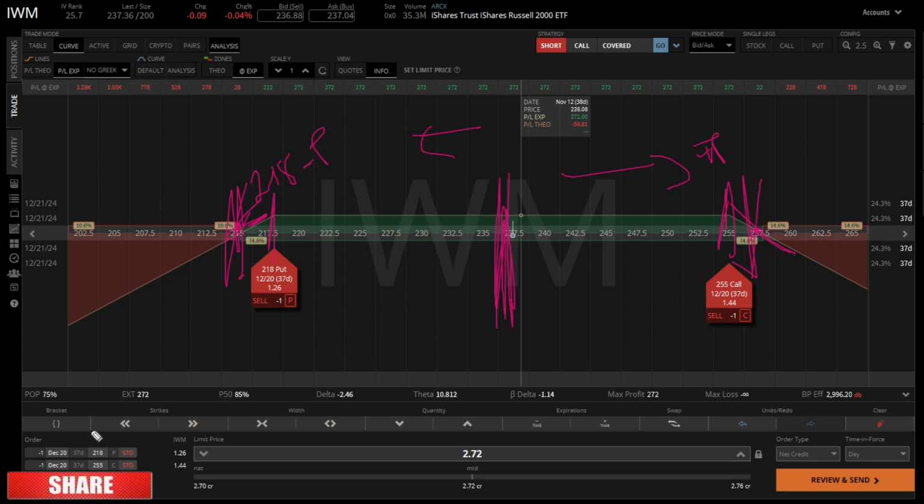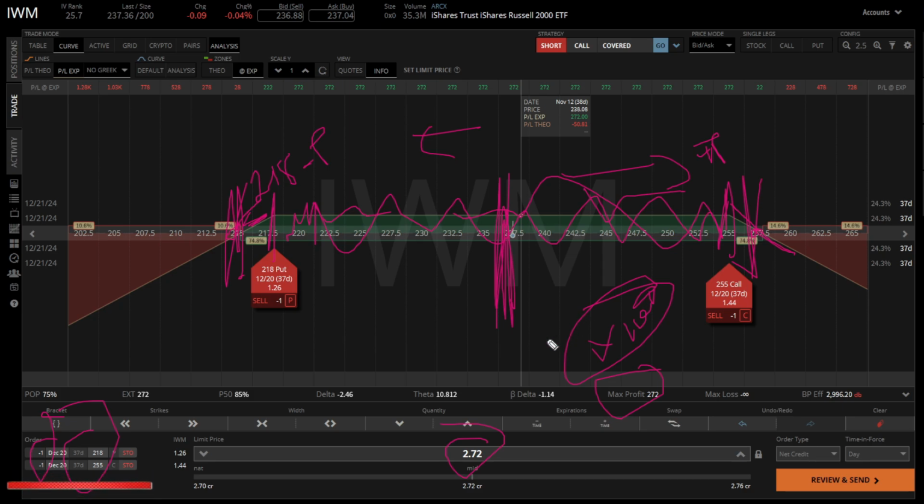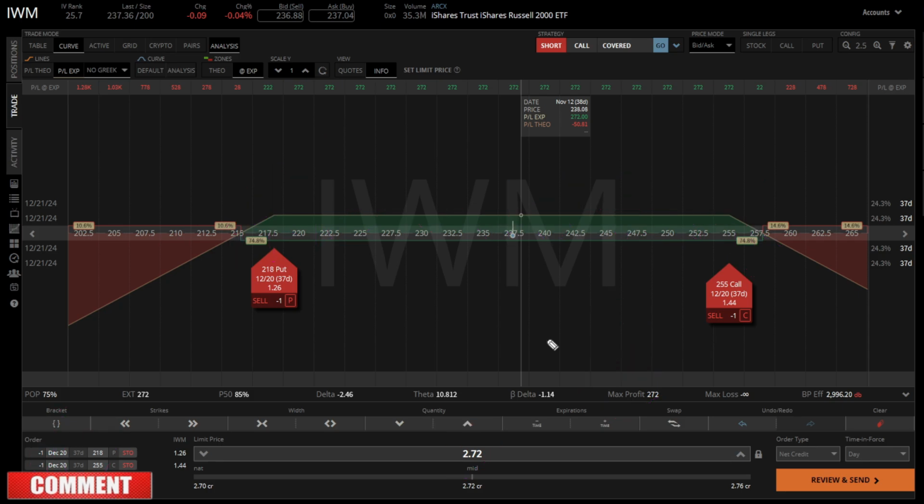But if in 37 days the stock drops a little bit, goes up a little bit, but stays around this level here, we're going to make $2.72 per contract. So in this case, $272, because we have to multiply this by 100. Very, very simple, okay? Anyway, guys, in a nutshell, that's how you should place your Strangle on whatever